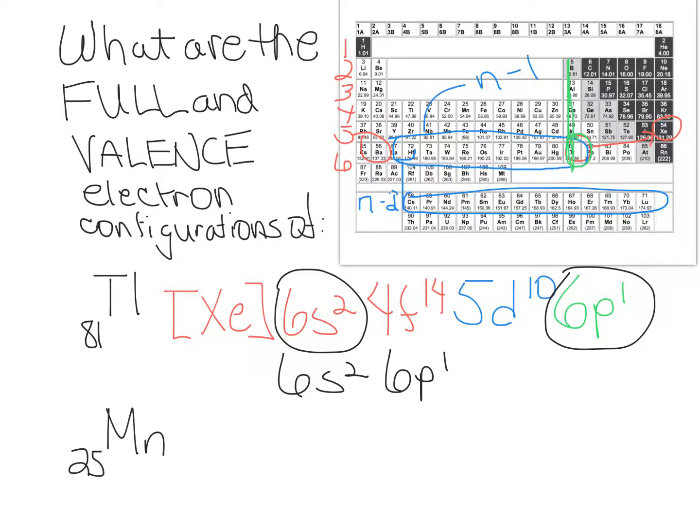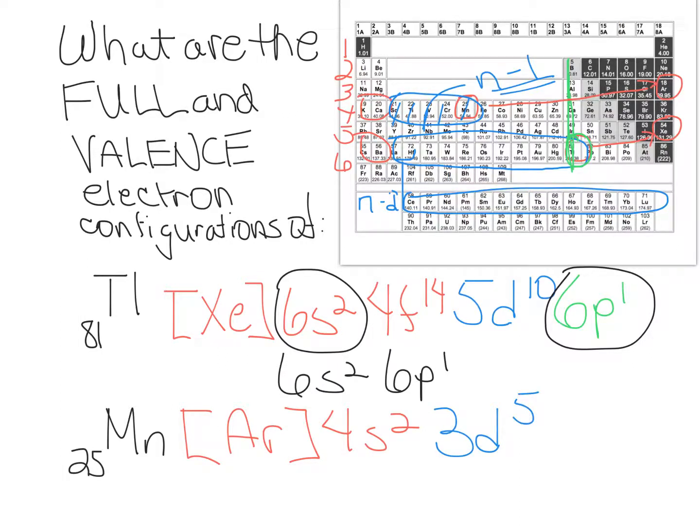Manganese is right here. So once again, we're going to go up a row and over and start it with argon. So it will start with argon. I already have my rows numbered, and we can see that we are in row 4 in the S block, so that's 4s2. And now we want to count the D block, and of course there are 1, 2, 3, 4, 5 of those, and don't forget it's n-1, so that would be